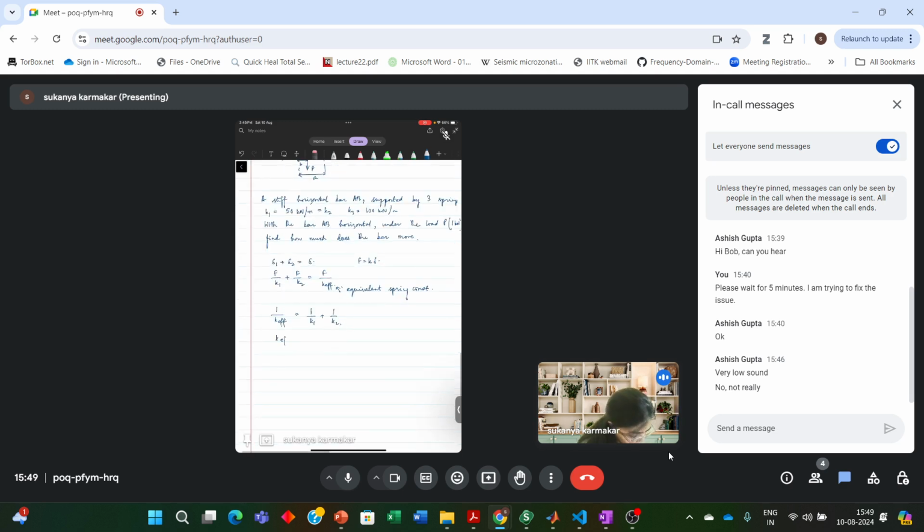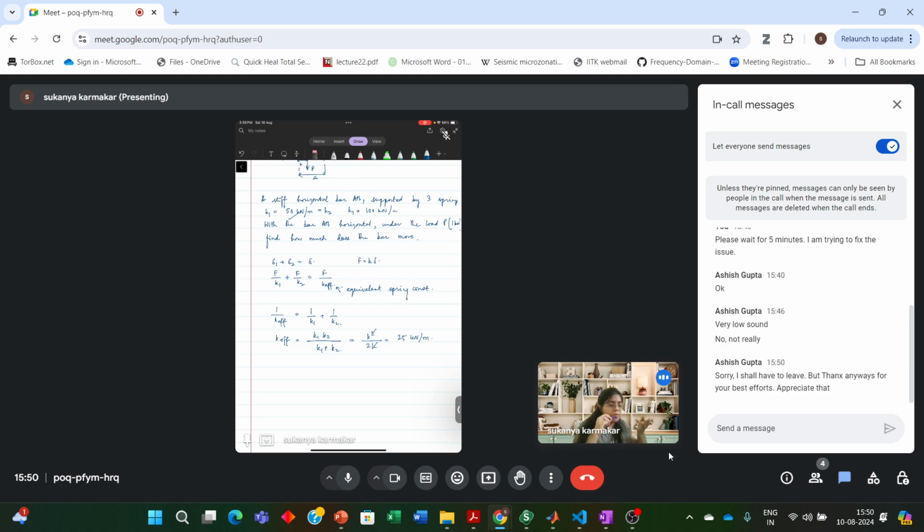So K equivalent comes out to be K1 times K2 over K1 plus K2. K1 and K2 are both 50, so K squared by 2K, so K by 2. So 25 kilonewton per meter. Now, this bar AB must remain